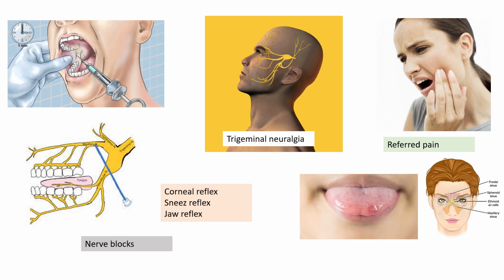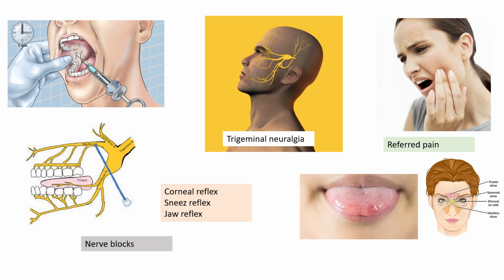It usually happens along the course of the maxillary and mandibular nerve. So in that case, the pain is very severe. It appears like an electric shock pain, and it is intermittent. It comes and goes automatically. The cause is idiopathic. Usually there is no cause found, but sometimes it's because of meningitis or the presence of some tumor which is compressing the trigeminal ganglion and its divisions, or multiple sclerosis. These can be the causes of irritating the trigeminal nerve.